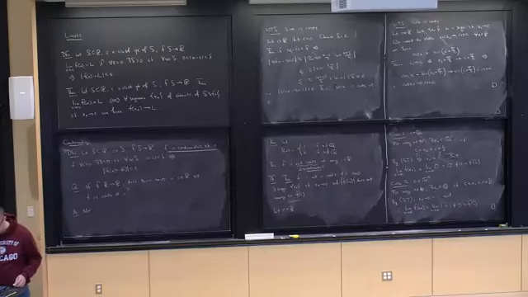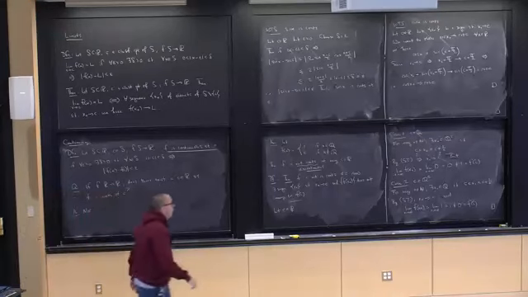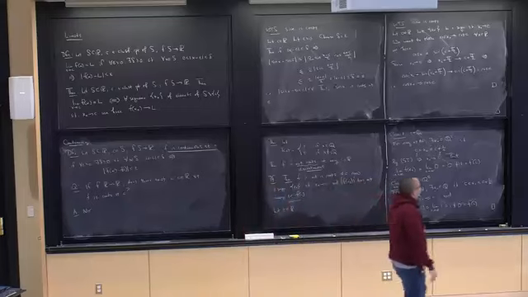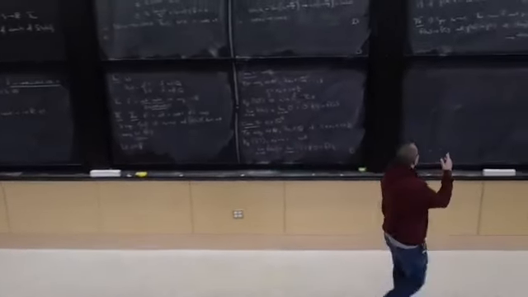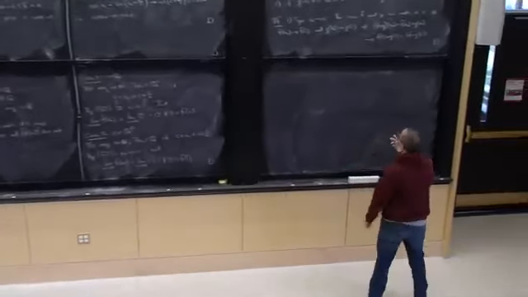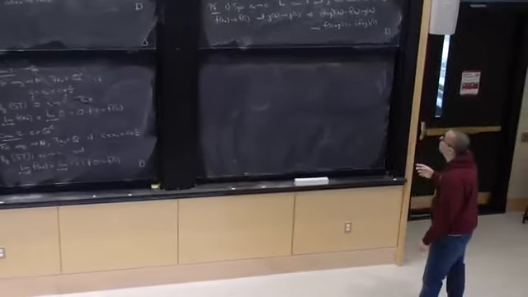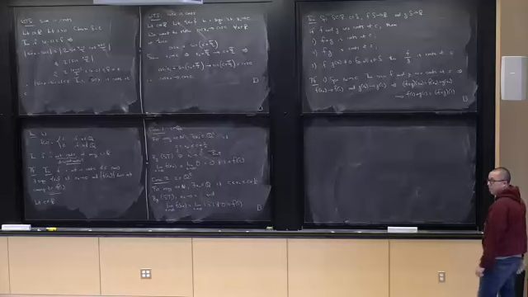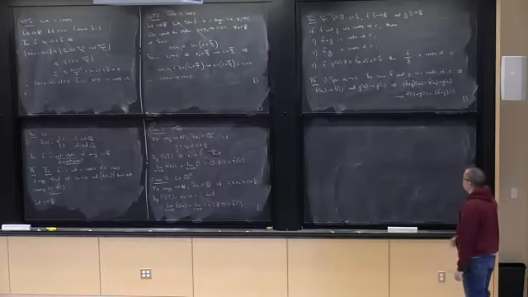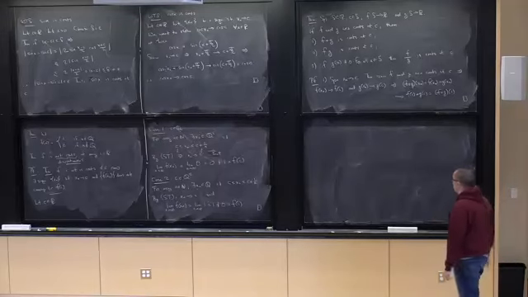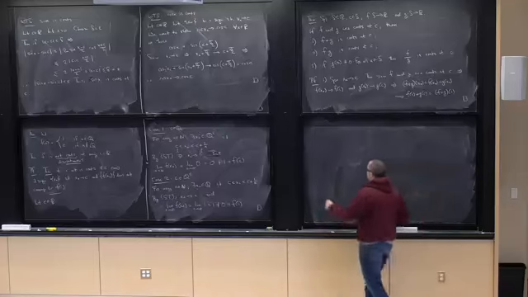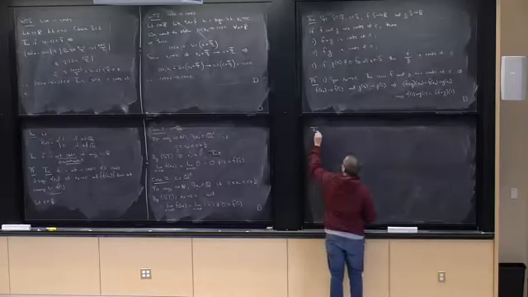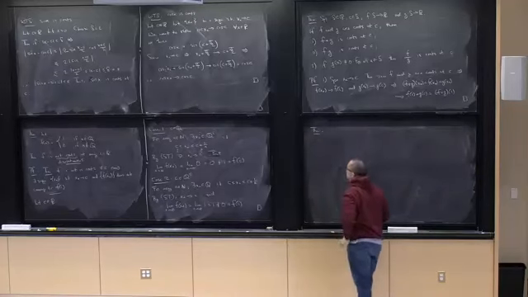However, we do have, so these are kind of 3 natural operations we can do with 2 functions. We can add them, we can multiply them, we can divide them, just like what we had for sequences. There is one operation we can do with functions that you can't do with sequences, and that's compose them, right? So the natural question is, is the composition of 2 continuous functions continuous? And the answer to that is yes.